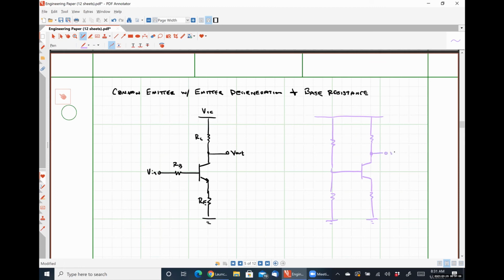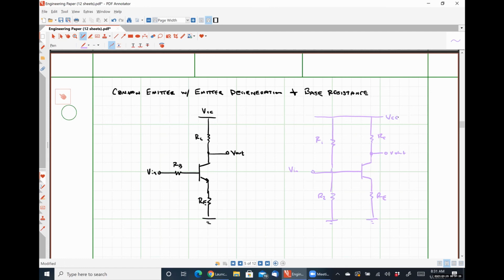Here is V out, RC, RE, R1, R2, V in. So for a circuit like this,